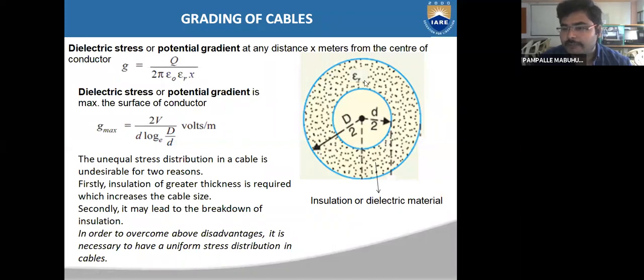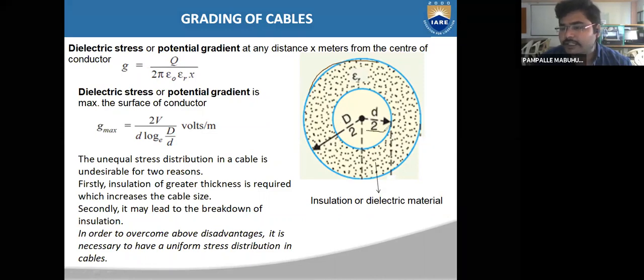You have the cable here in this figure. The cable conductor diameter is small d and the intersheath diameter, the sheath diameter, is capital D. The conductor radius you can call small r, equal to d by 2, and the intersheath radius will be capital R, which is capital D by 2. On top of the conductor you have the insulation. The insulation may be either impregnated paper, varnish, or rubber mineral compound. Whatever the material, this insulating material will have some permittivity, which is represented with epsilon r.